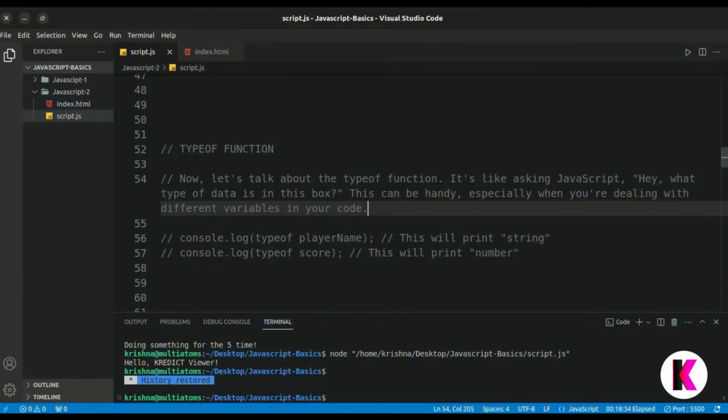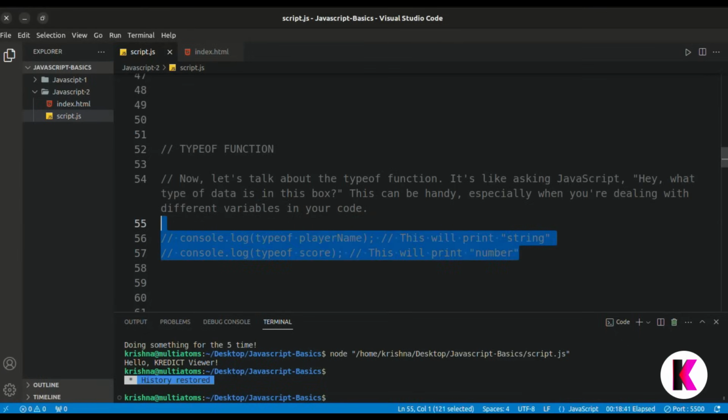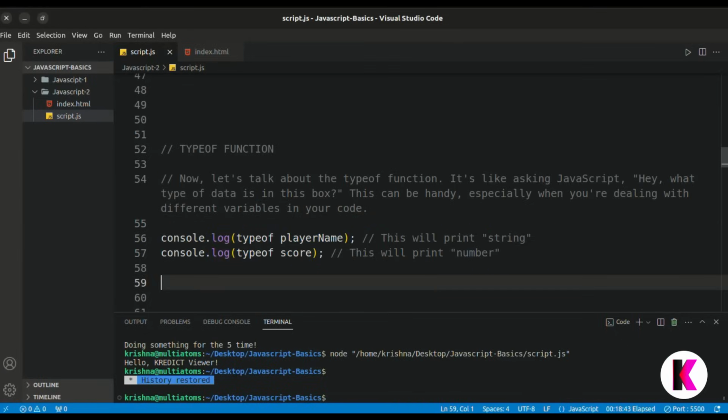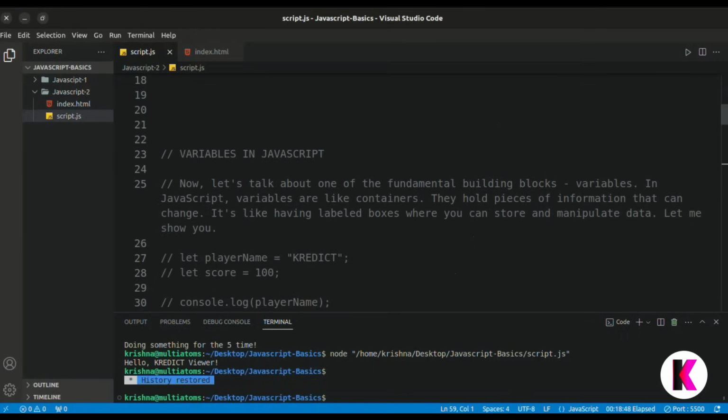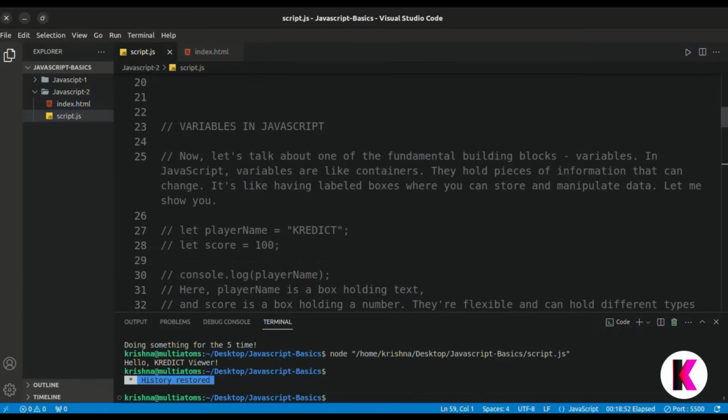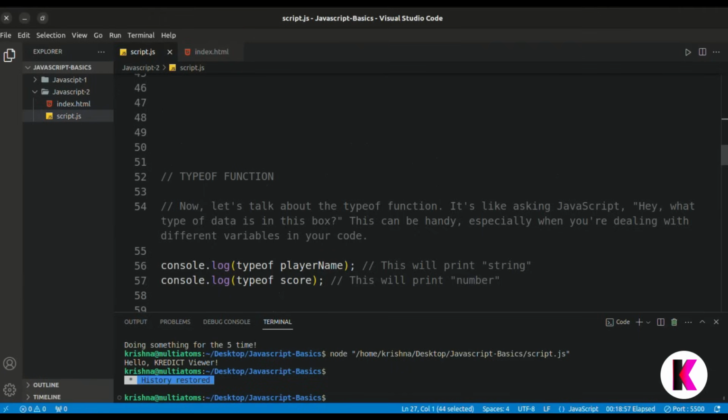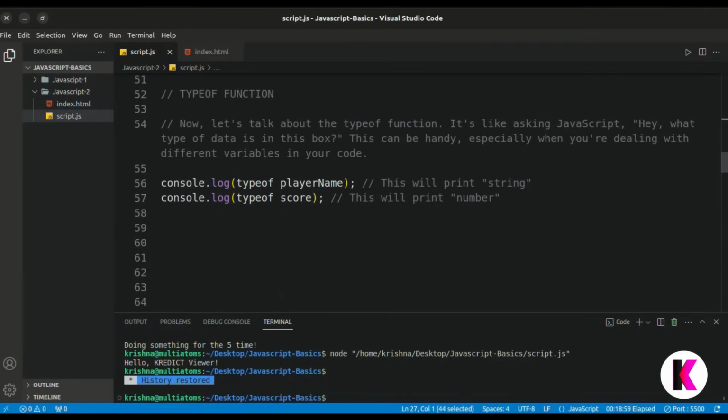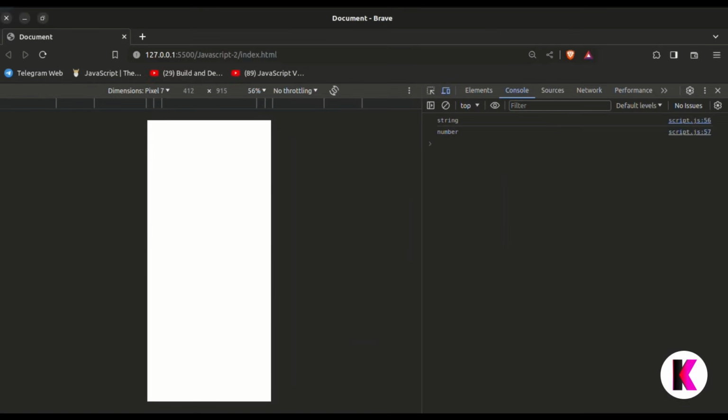In the previous example, you saw player name is equal to credit, and you can see that console typeof player name is showing string, and the next is score, which is a number, and typeof is outputting number.